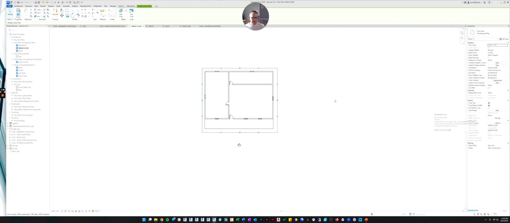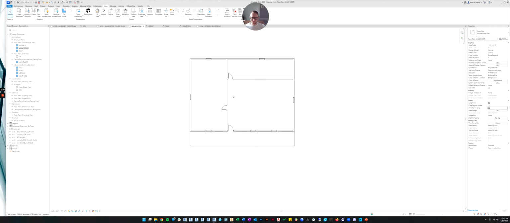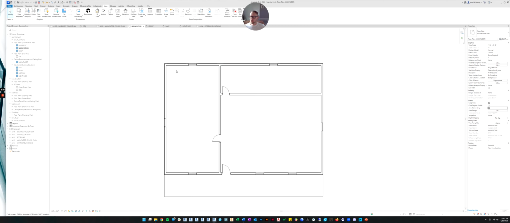And that could be because if you just click off of everything and look at the view properties, you can see there's a little setting called annotation crop. If you click that, it will now crop everything that's considered an annotation, that's kind of a 2D element. So it disappeared now. Now we can turn off our crop region. Okay, so here's our main floor plan again.